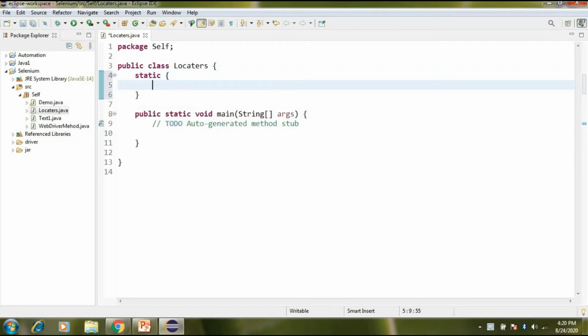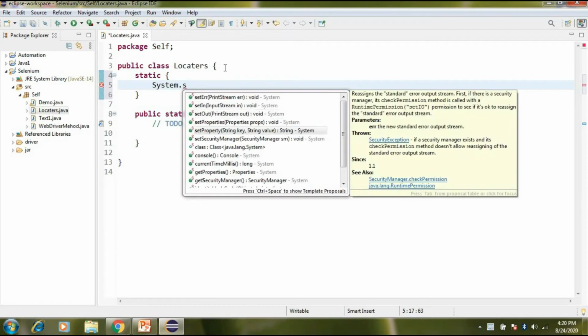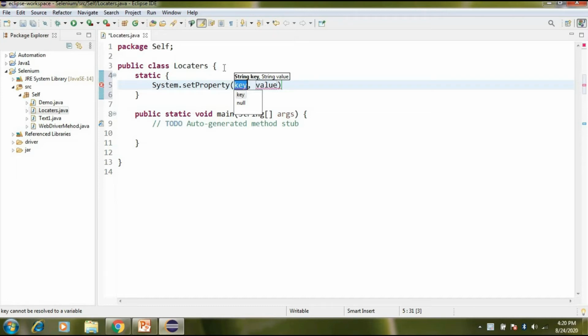In the static block we set the System.setProperty. In System.setProperty, the key is webdriver.chrome.driver, and the value is /driver/chromedriver.exe.